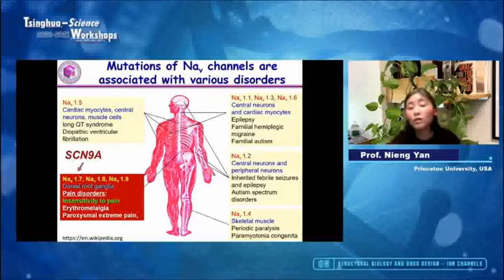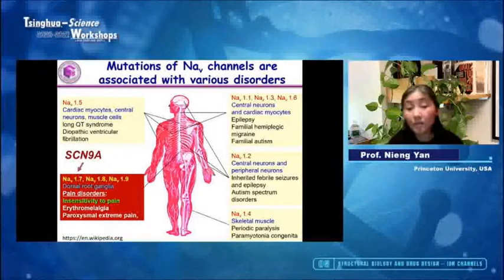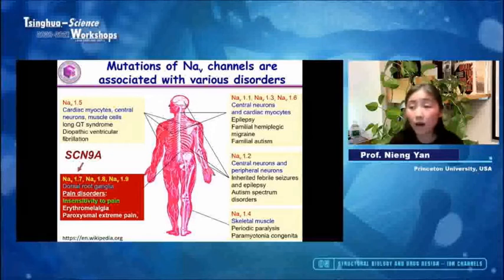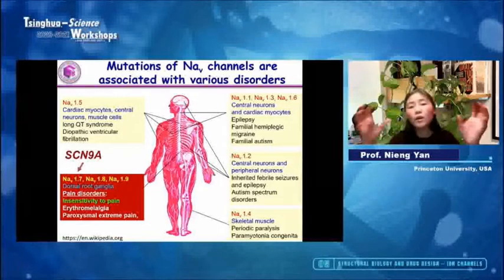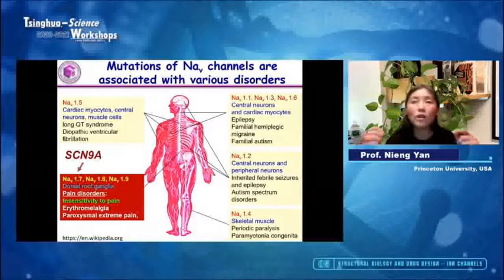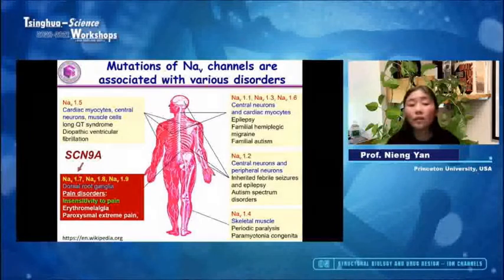So now you can see loss-of-function mutations, usually nonsense mutations, are associated with pain insensitivity, and other mutations that lead to higher expression or abnormal activation of the same gene can cause extreme pain disorder. So this genetic evidence has made NAV 1.7 a target for the next generation